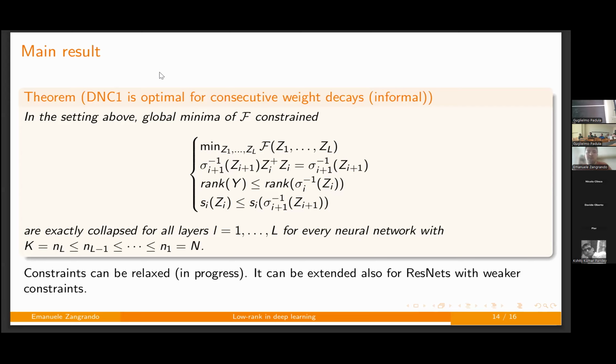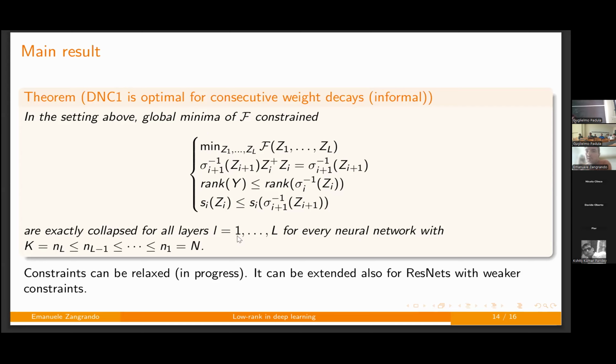But essentially, it's a constraint, and it says something about the nonlinearity. If the nonlinearity, for example, is bounded, it's not really possible to represent all singular values. So there is a bound on the singular values in some sense, or a bound on the norm in general. And the main result is that the global minima of this representation cost here with this constraint here are exactly